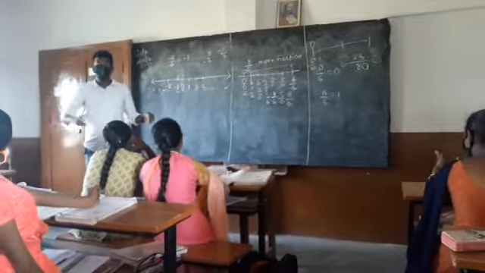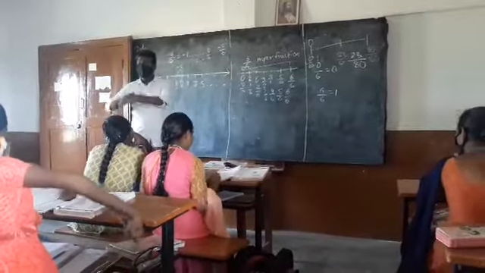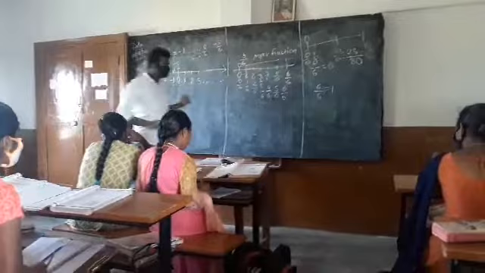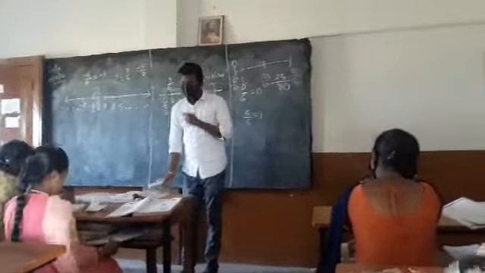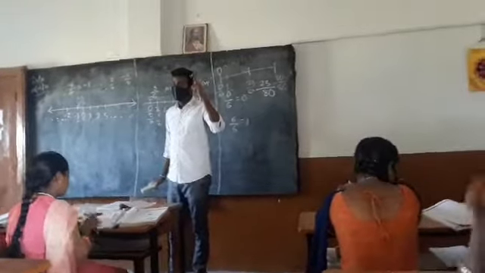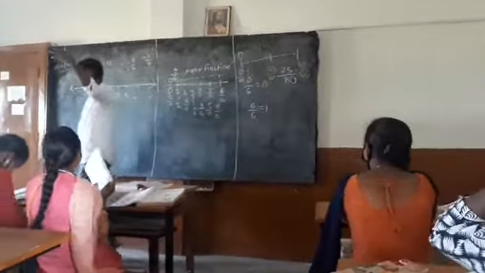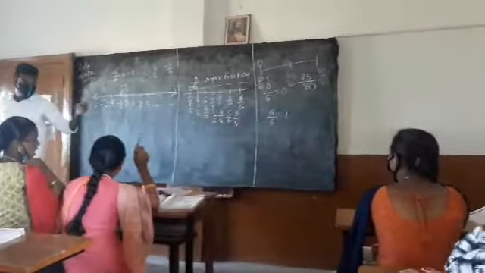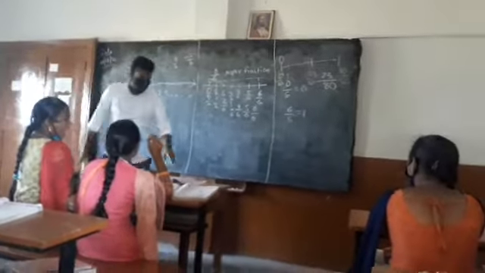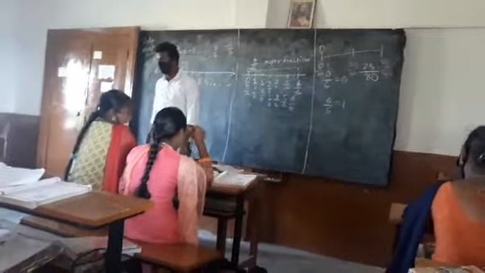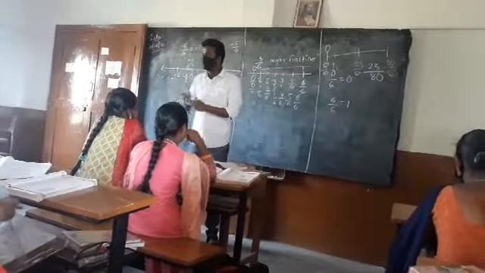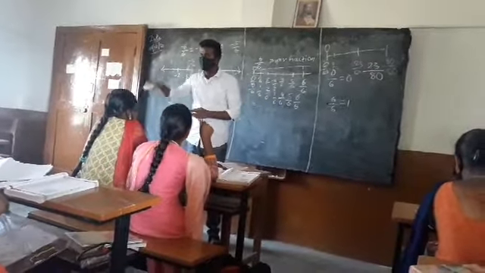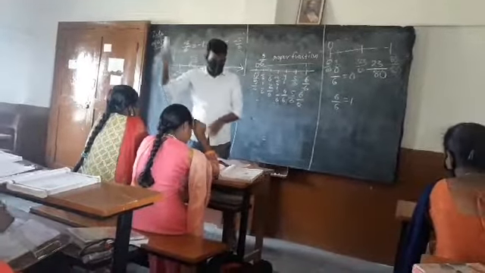Let us discuss the improper fraction in the next class. So let us revise what we have learned today. We discussed the product of 2 by 11 and the reciprocal of minus 5 by 14. That is our first sum. What do we need to do? We need to turn minus 5 by 14 into minus 14 by 5 and directly multiply. That is the first sum.